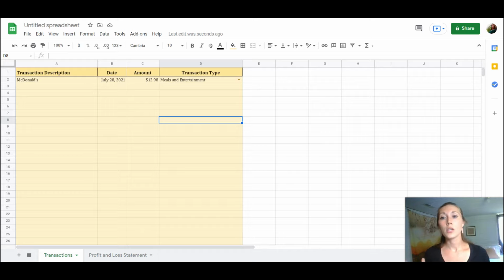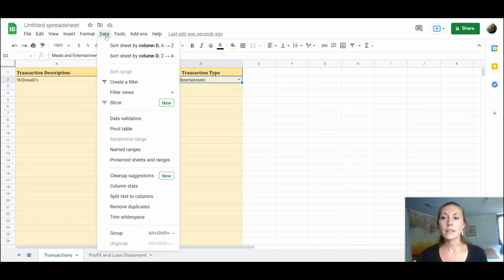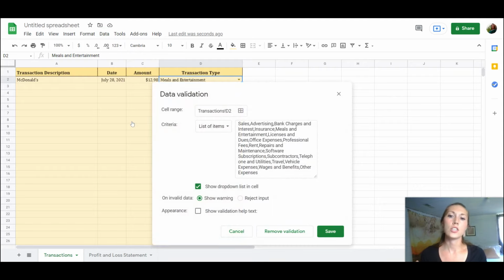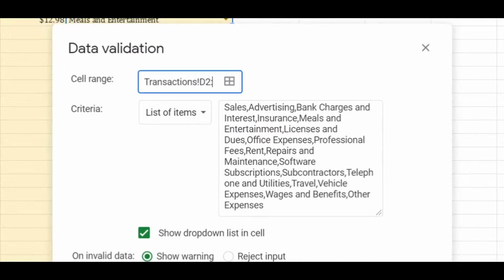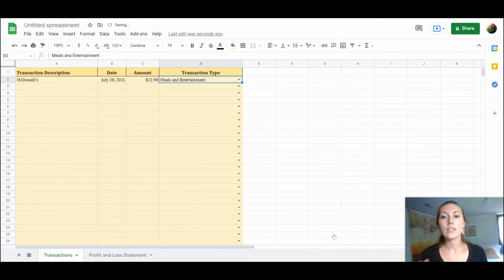So now what I'm going to do is I'm actually going to make this not just a drop-down menu or option for one cell, but I want all of the cells in this column to have that. I can go back to this one specific cell that I've given this option for. I can go back to data and data validation. And instead of just having it be D2, you can put this little colon symbol right next to here. I'm going to show you again, D2 right next to it. And I can make it go to D100. And so now what that is going to do is I hit save,